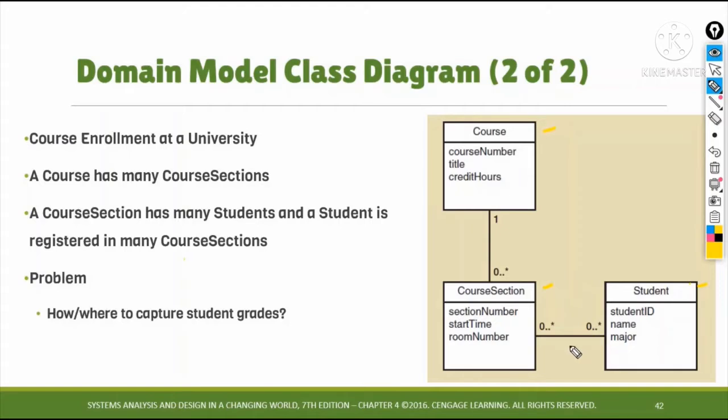So therefore, the association between course section and student is many to many. So there are situations in which many to many associations are appropriate, and they can be modeled such as this. On closer analysis, the analyst often discovers that many-to-many associations involve additional data that are important and must be stored. So for example,